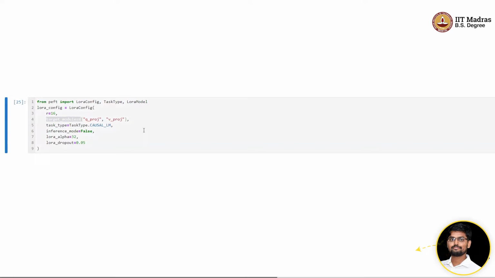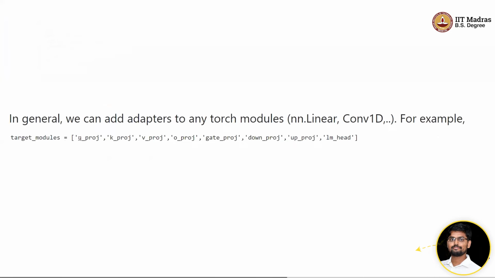Okay, so here, for the sake of demonstration, we are just adding adapters to WQ and WV. But if we really want to add adapters to all the layers, that makes sense, and you can do that very easily by passing these names.